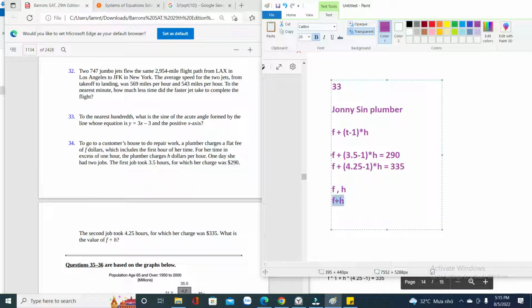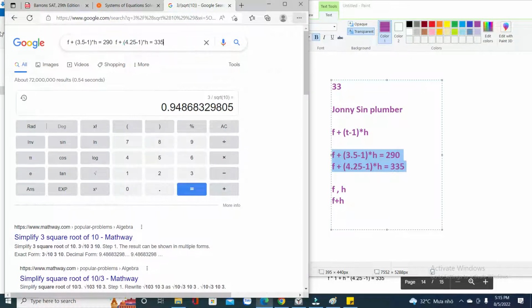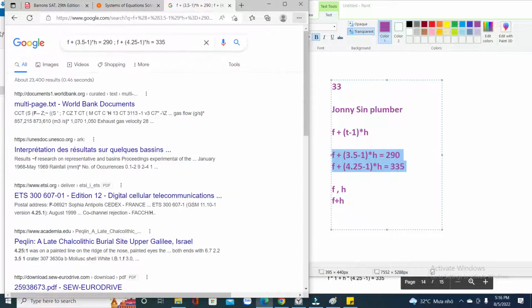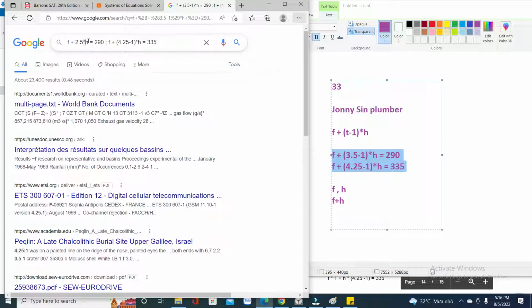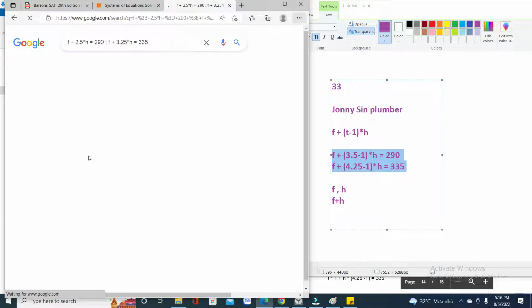So what do we have to write in for F plus H? Let's solve this system of equations first. You just have to put the system into the computer and solve it. So that's 2.5, and this is 3.25. So that's going to yield